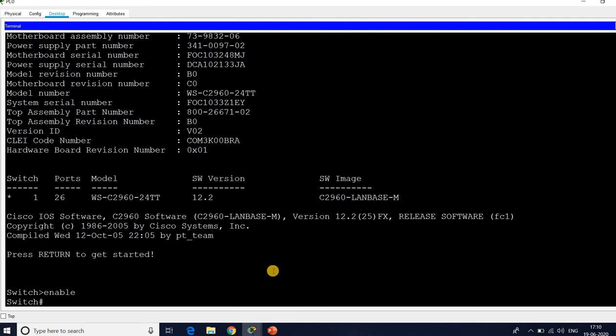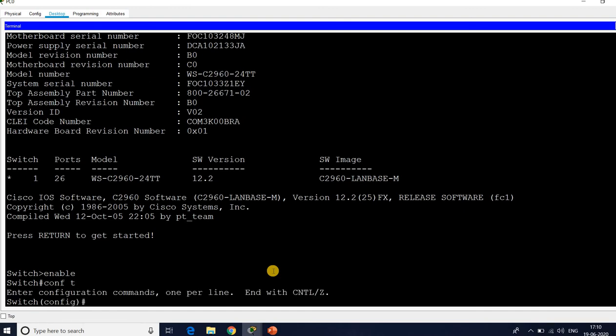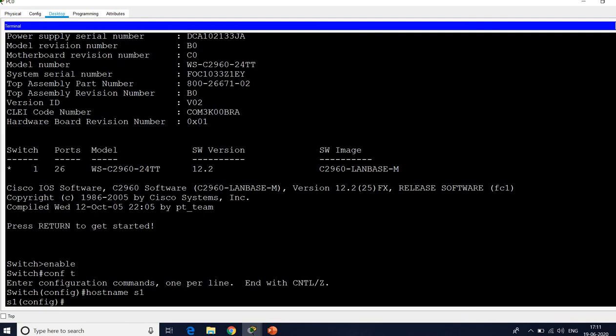So I want to configure the terminal. You can use the shortcut config t, or configure terminal. I want to give a host name for my switch, S1. Now the switch name has changed to S1, you can see here.